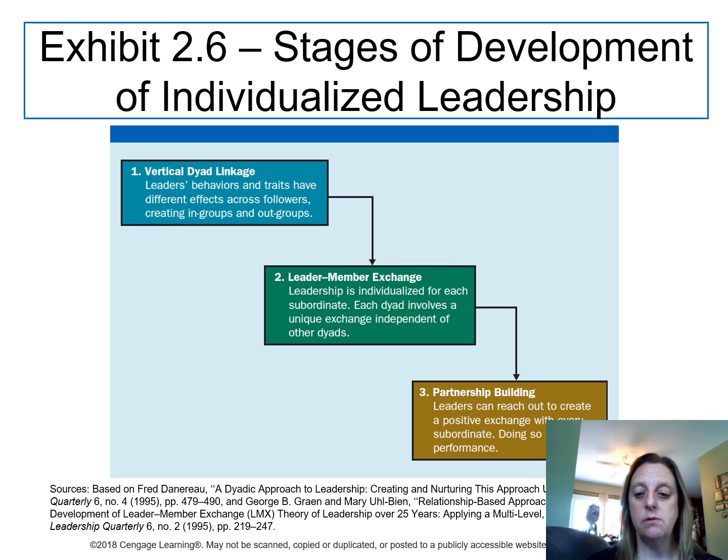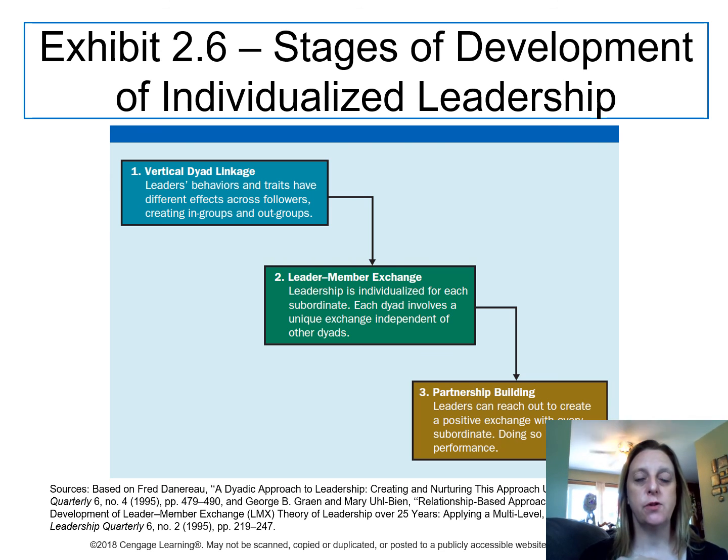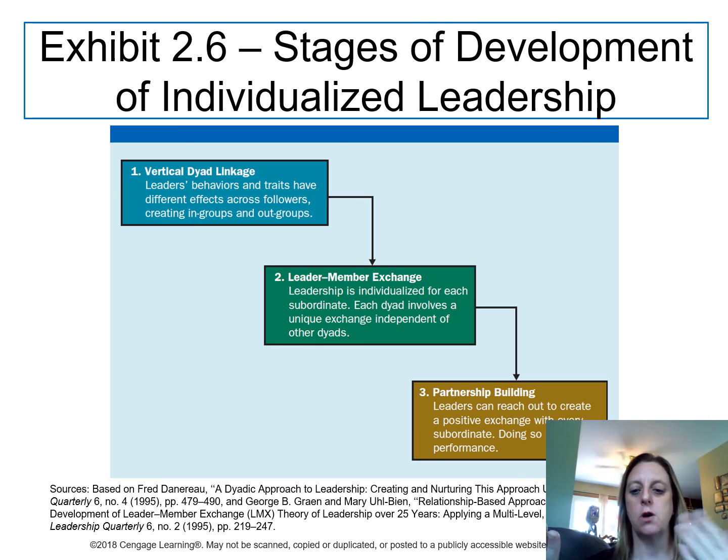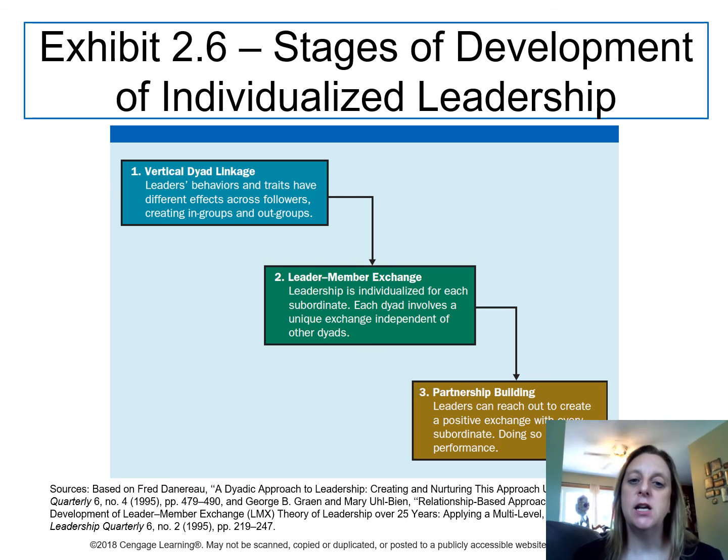So you think about this, and you've probably experienced this, where you can have a good relationship with your boss or a leader, and a coworker has a good relationship with them, but they're based on completely different experiences or premises, right? So it's not a cookie cutter relationship with every employee. It's very individualized based on the unique relationship between the leader and the follower or employee or group member, whatever word you want to use to identify that subordinate.